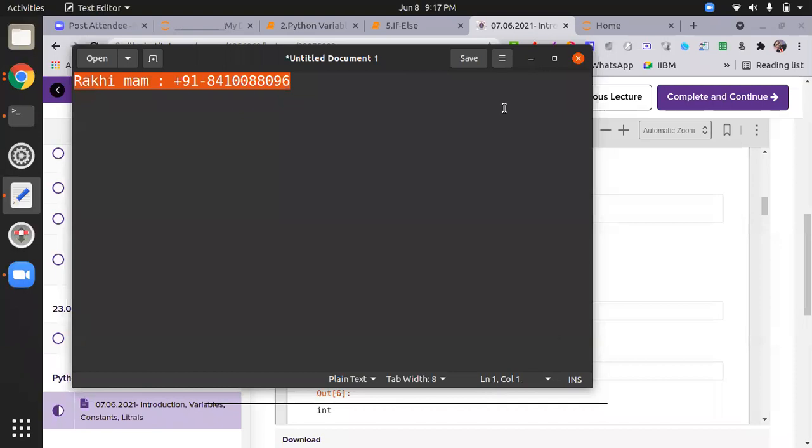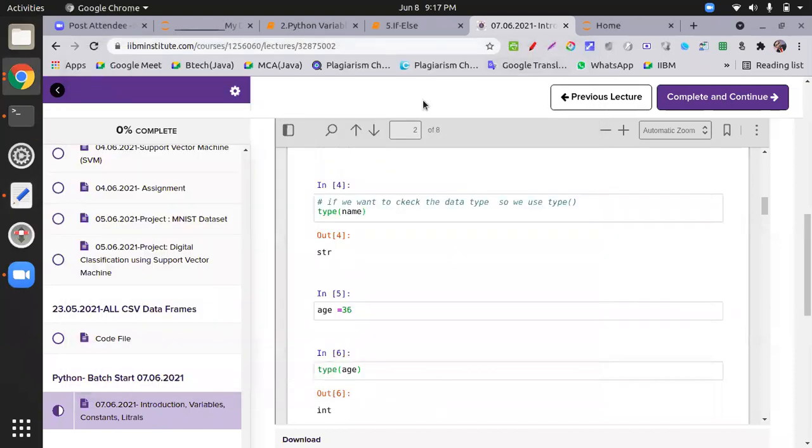Sir, one query. For Jupyter, is internet mandatory? For Jupyter, it is. It's completely online. So what is the difference between Jupyter and Spyder?